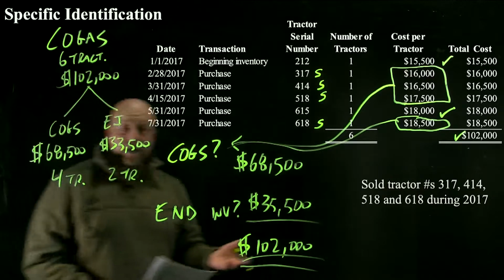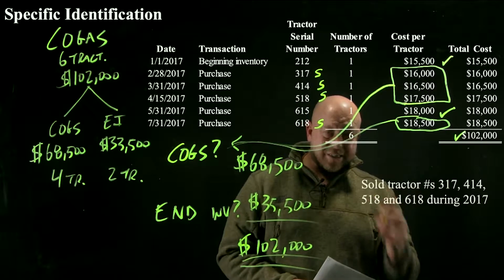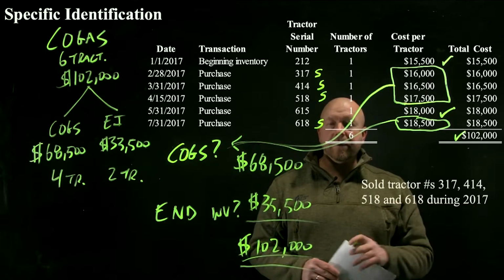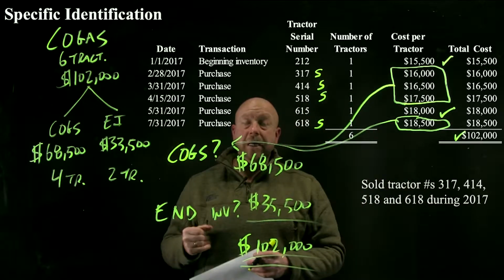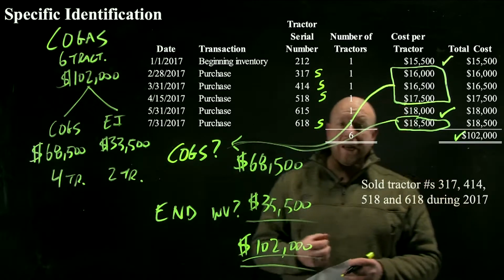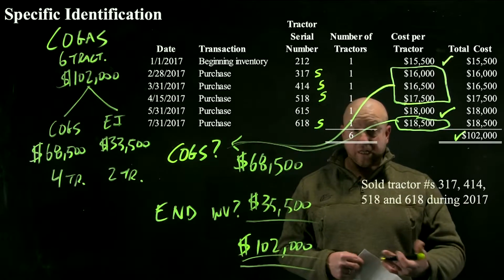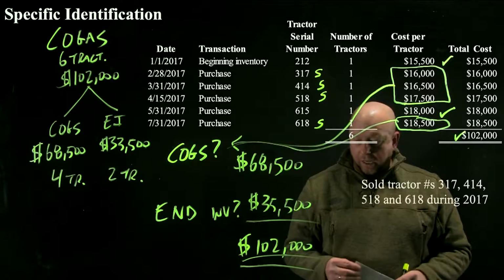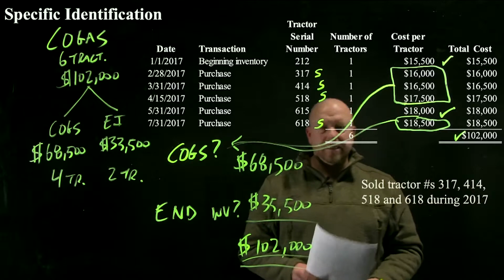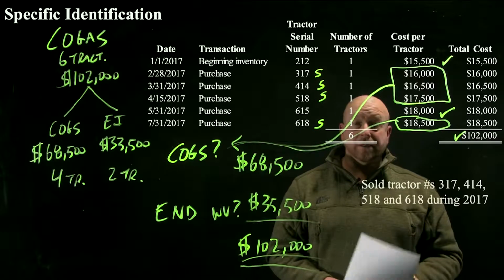So that's specific identification. Probably the most accurate method, because we're specifically grabbing the exact items that were sold, but hardly anybody uses it. And that's because it's a lot of work, a lot of record keeping. So specific identification probably only makes sense where we have relatively large value inventory items, maybe low turnover, we're not selling a lot of them, like tractors or a car dealership, maybe a jewelry store, something like that. But it's not going to make sense for Home Depot or Meijer or a lot of other businesses, quite frankly,